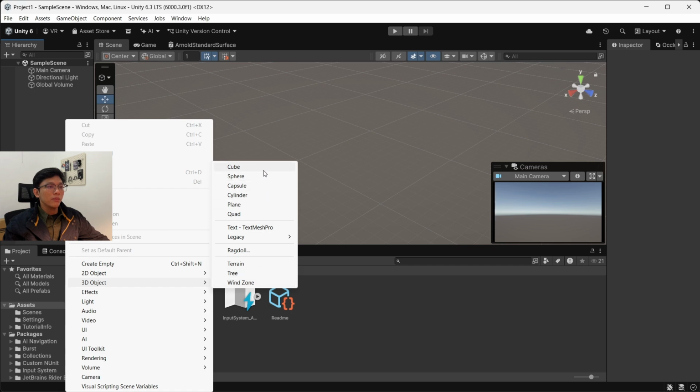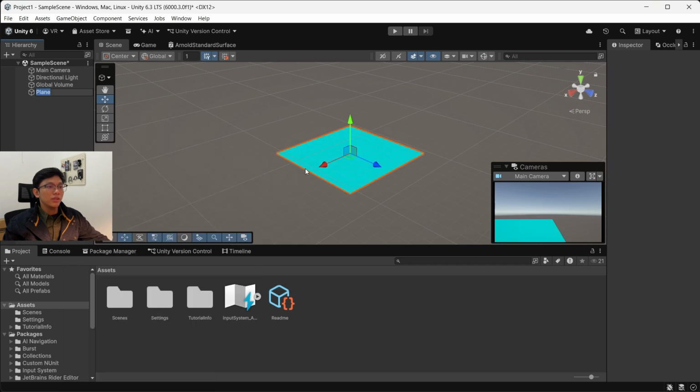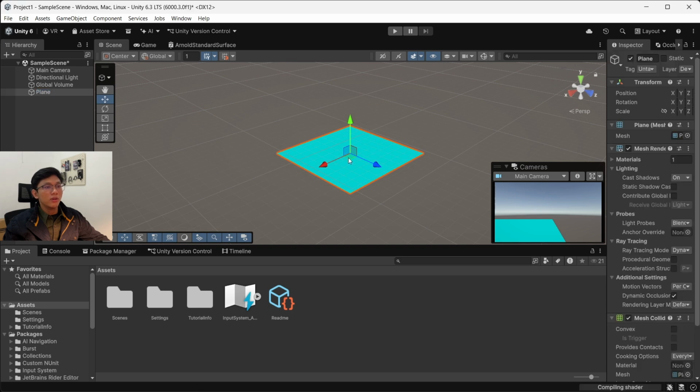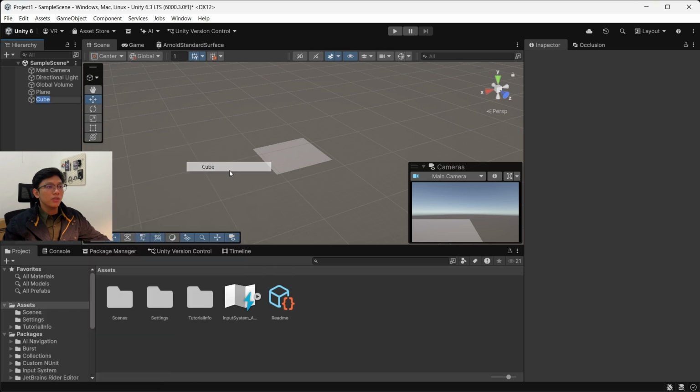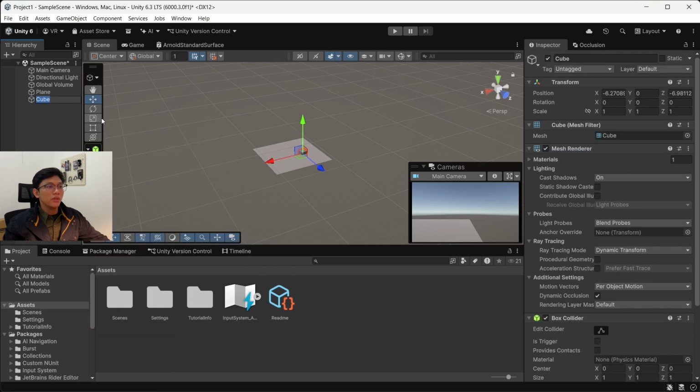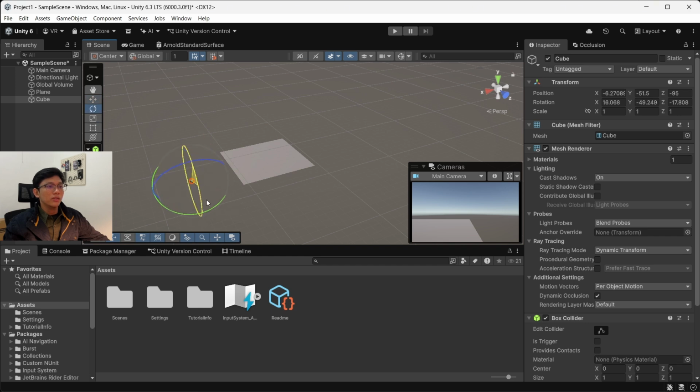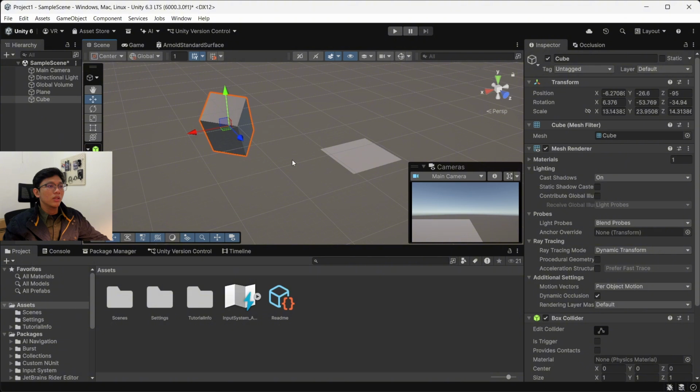Okay, we will use a plane as the base, which is commonly used as a floor or ground surface in a scene. Then we add a cube, which looks like this. Here we also have transformation tools. Move tool is used to move objects. Rotate tool is used to rotate objects sideways or upward. Scale tool is used to adjust the size of objects, making them larger or smaller. We move the cube to this position.